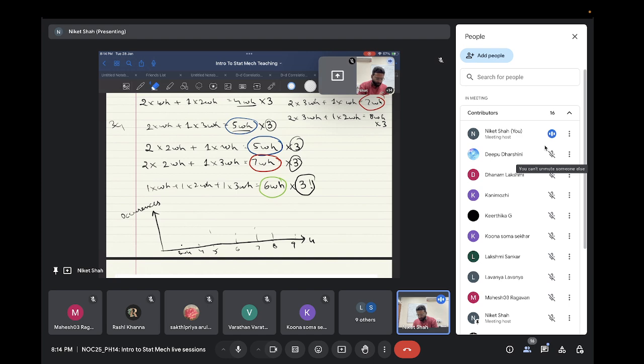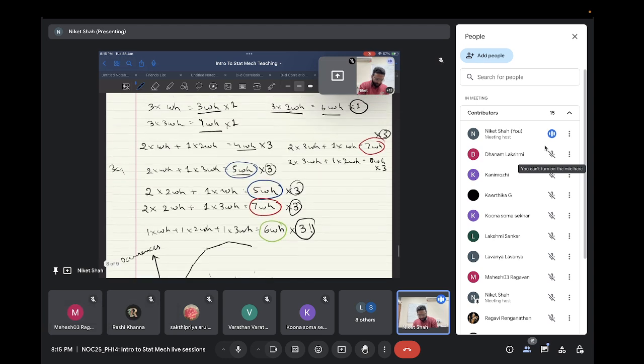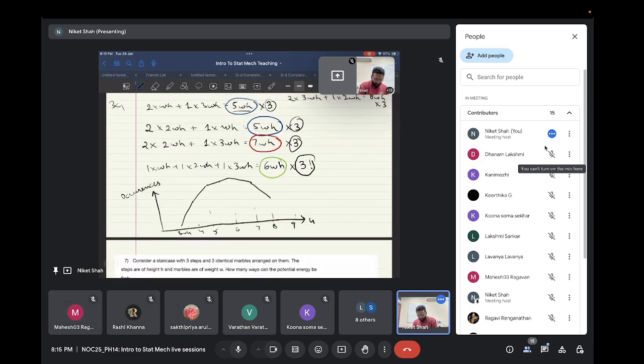I have to make it smaller. This is, say, 3, this is a 6, this is 7, this is 7, this is 6 again. At 8Wh we have 3 again, and at 9Wh we have 1 again. So basically I did not draw the graph perfectly, but it is symmetric on both sides like this. And the highest number of occurrences happens at 6Wh. So this is what you will get eventually.